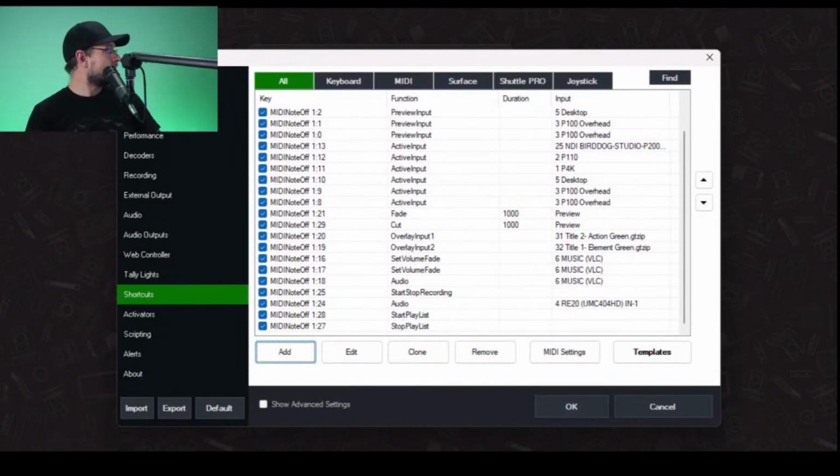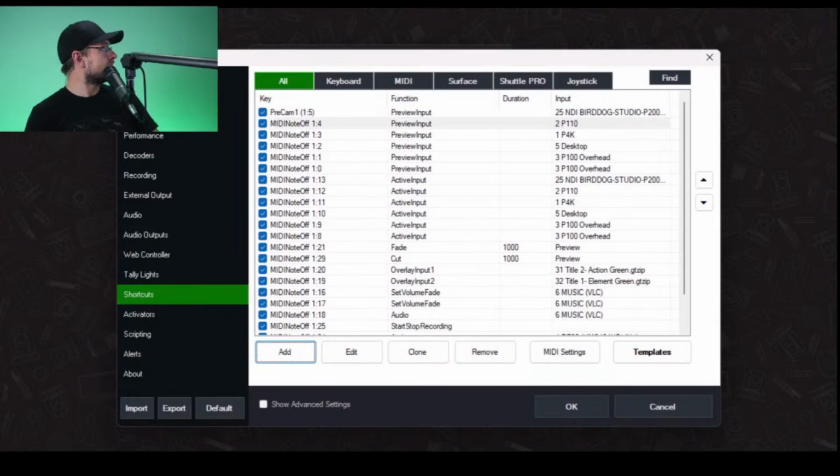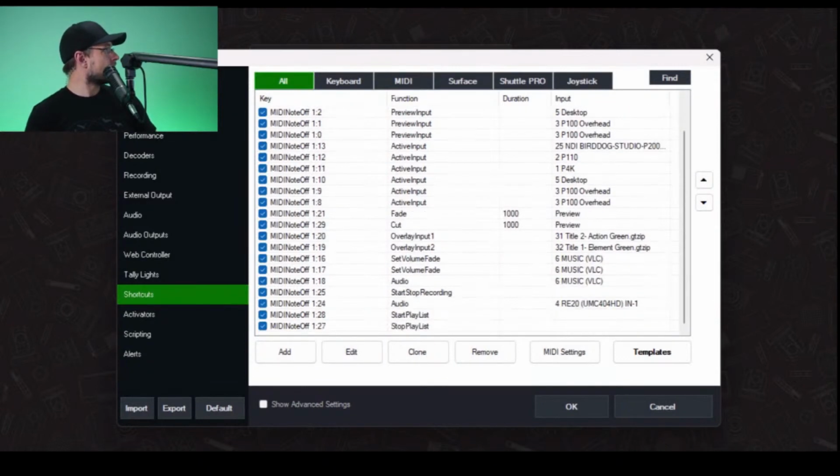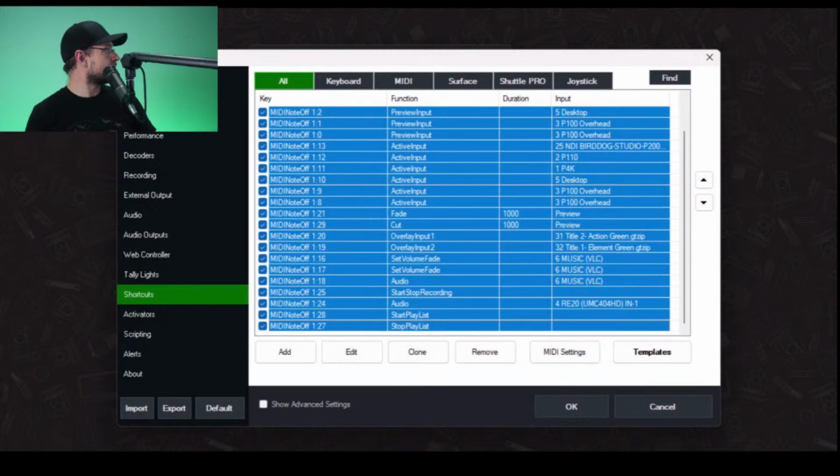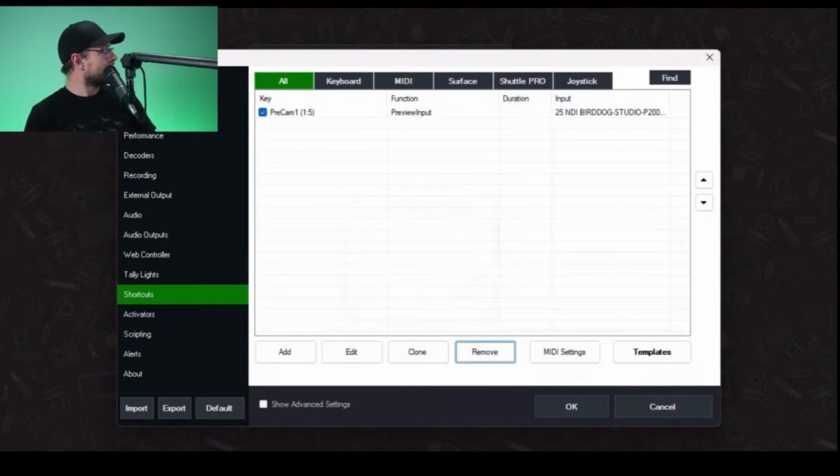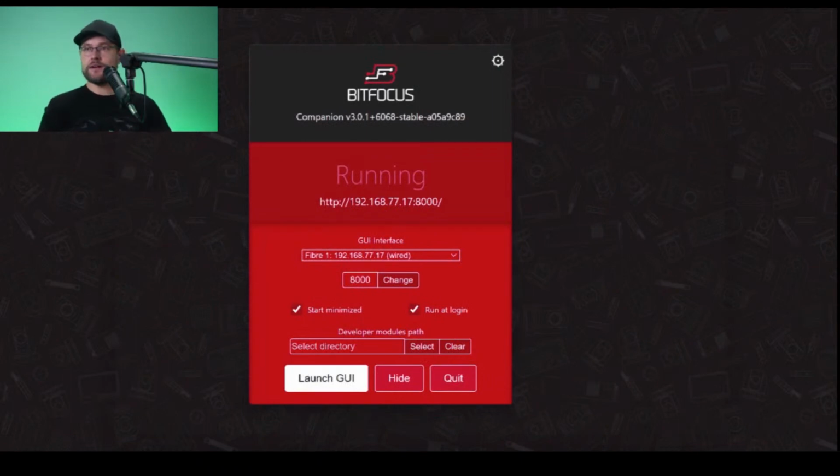Now, you can see that I've done this. So what I'm going to do is delete all of these, but first I am going to do save as in vMix, and title the vMix profile the same as my current one, except no shortcuts. That way, when I hit save at the end of today's show, it doesn't overwrite the original, and I can always recall the original file. So no harm, no foul.